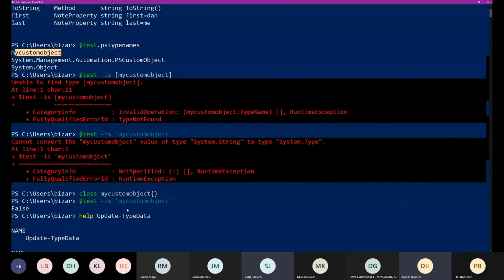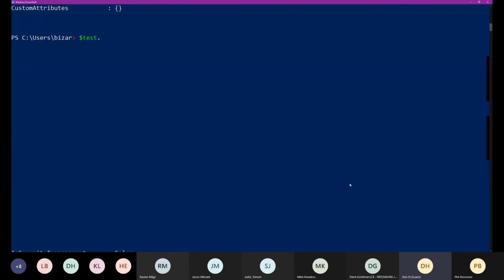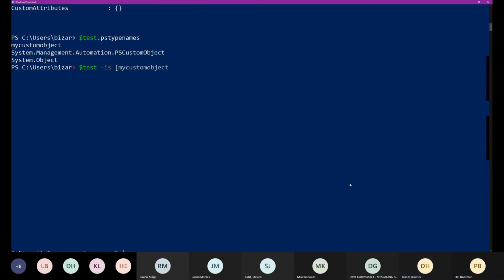After you defined it as a class, did you put test -is with the square brackets around my custom object? Yeah, I did. I thought, well, so this still is the same one. My custom object. No. Huh. It's interesting.